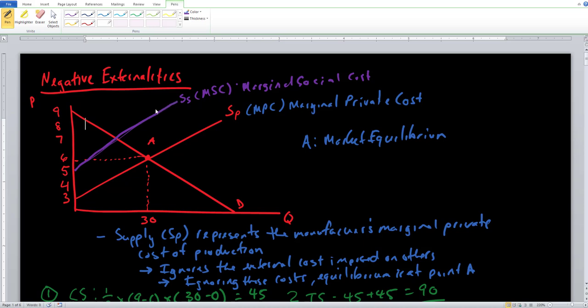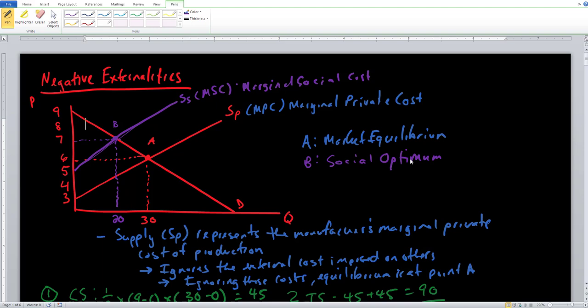And when we do that, we notice that a new equilibrium is going to emerge, and that is the new intersection right here at point B, where we have a higher price for the good and a lower quantity in equilibrium. Say this is going to be 20 units here. And point B is going to be our new equilibrium, which is the social optimum. And the social optimum is exactly where we want to be operating at, because that's where we're going to be generating the most amount of efficiency or welfare when we actually have some type of pollution.